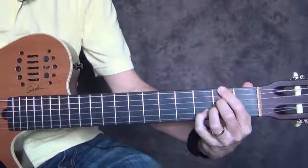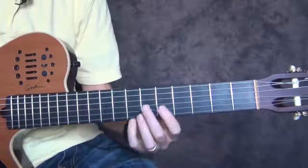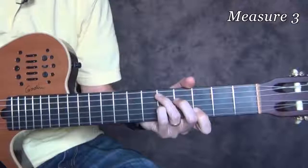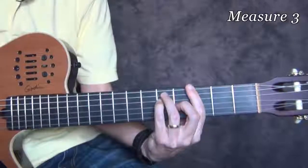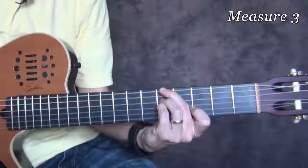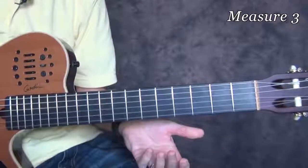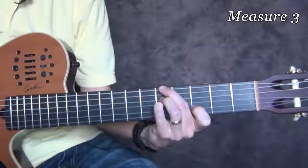Now from here, we're gonna have a 2-5-1 in G. Now the expected would be the 2 chord, going to the 5 chord. So here I went to A minor 7 with the 11. So I play an open E at the top, which is the melody note. Then to the 5 chord,